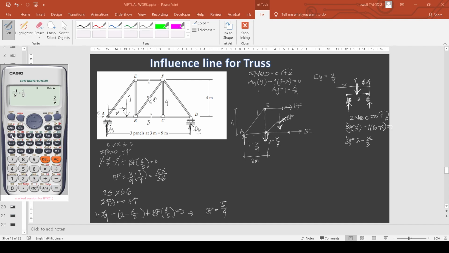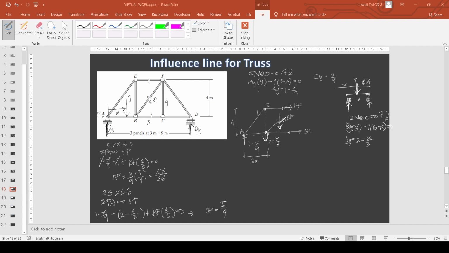Enter natin siya, 2 over 9 siya. So, 2 over 9 positive siya. Pupunta sa kabila ito. No? Pupunta sa kabila. So, 2 over 9. So, minus 2 over 9x. Okay? So, 2 over 9x